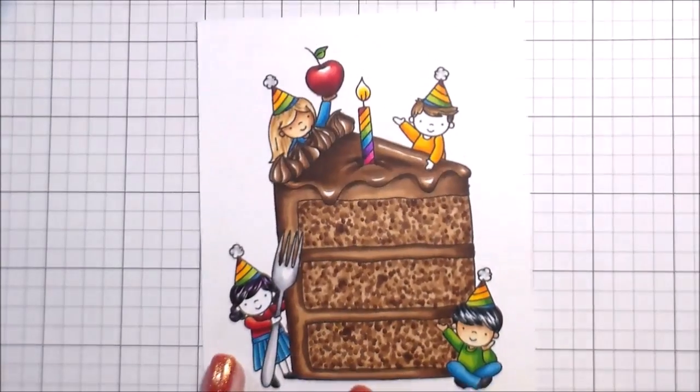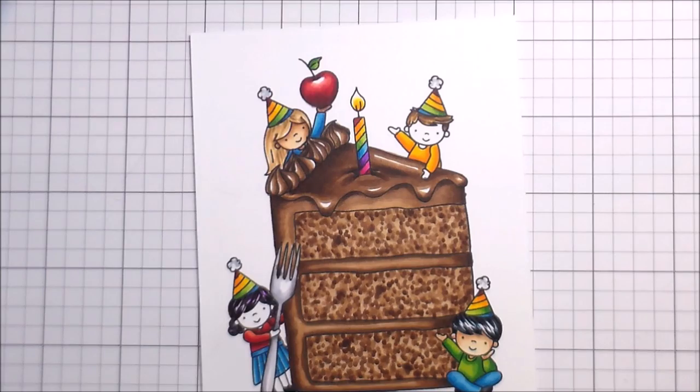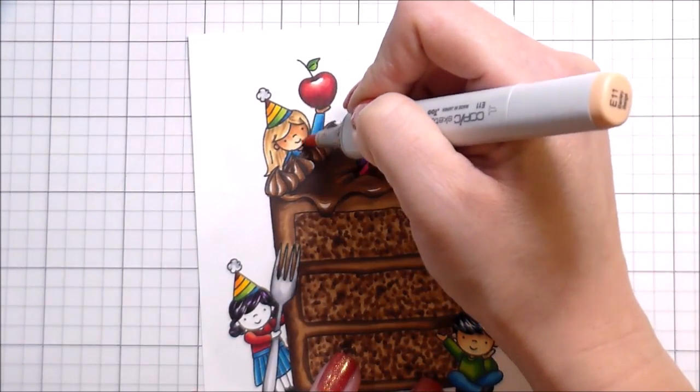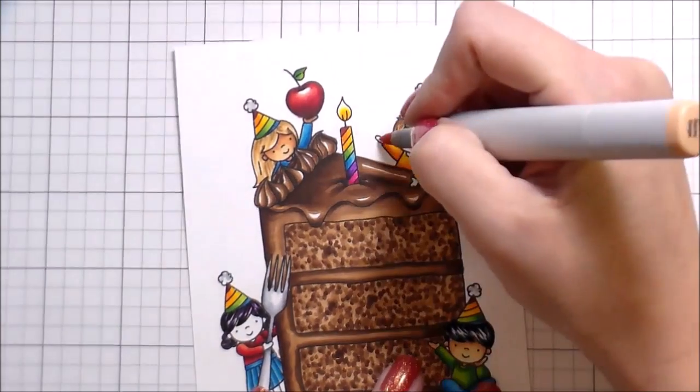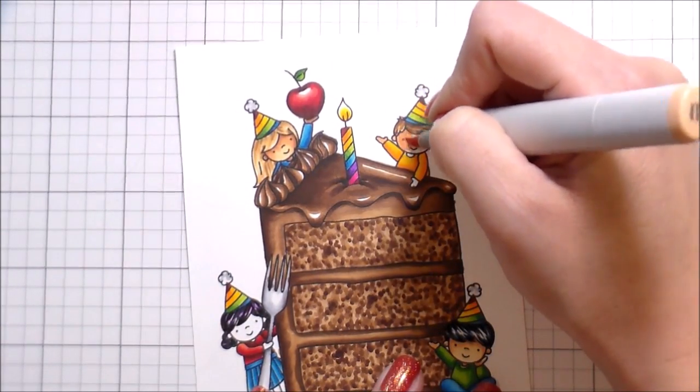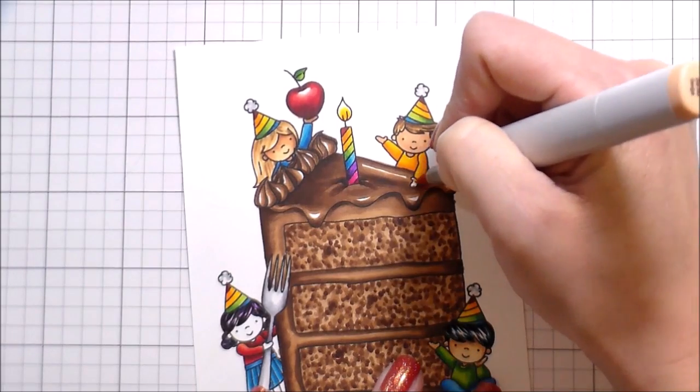Yeah, so these are just super fun to color, and I think they're so cute. And like I said, he has the birthday party coming up. He told me the other day that he wants to do a